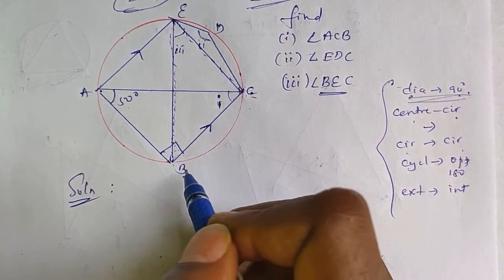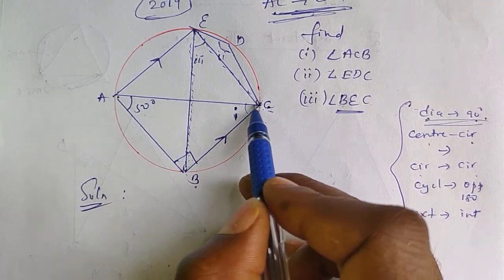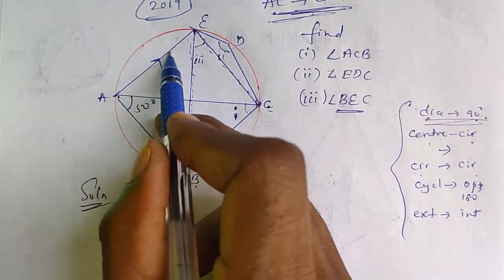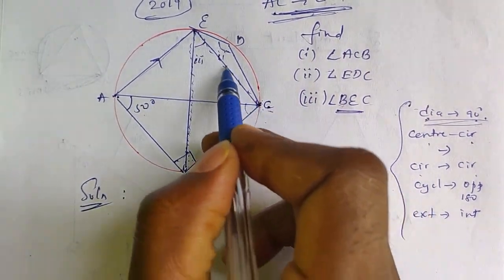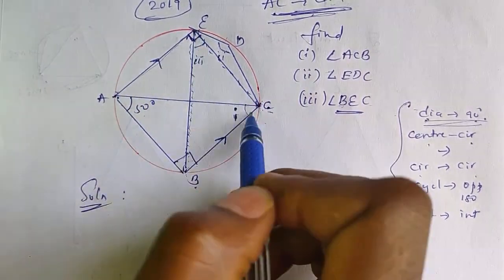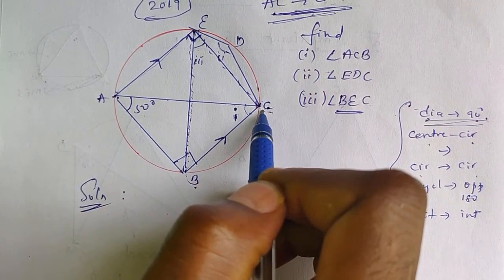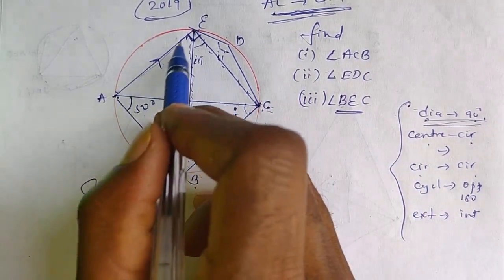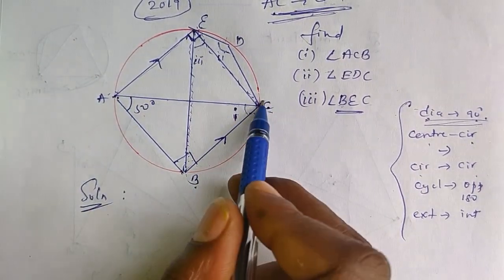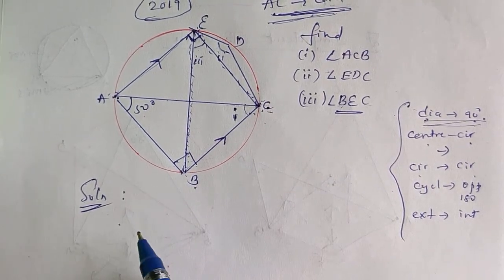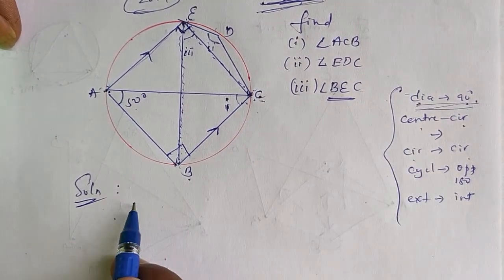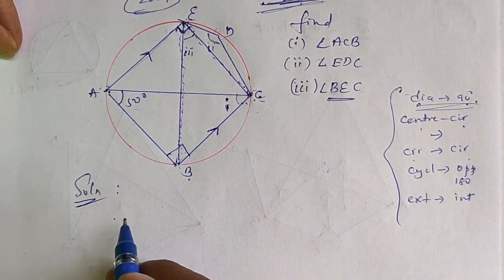This is the first sub question, right? Not only here, from diameter AC, not only one angle is formed here, one angle is formed here also. Look at from the A end to E, from the C end to E, that means here also 90 degrees. Remember AEC, the A end and C end are both ends of a diameter. So from A to E to C, that angle AEC is 90 degrees. Here ABC is also 90 degrees. That we will write here. Not only writing 90 degrees in the diagram, also mention it, this is a very important step. If you write this step, there are chances of getting 1 mark.